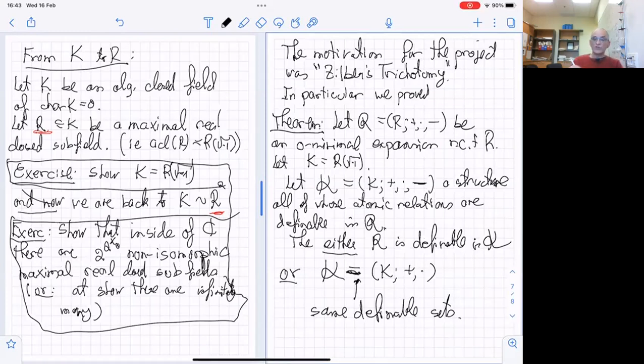Again, you add structure coming from the o-minimal structure to the complex field. You can say whatever the K field. And now you just allow yourself operations in the algebraically closed field together with the new sets you got. Then either you didn't get anything new, or you can always recover the real closed subfield sitting inside K. Like inside R², you get back R. Inside C, you can get back R. Any question on the statement itself?